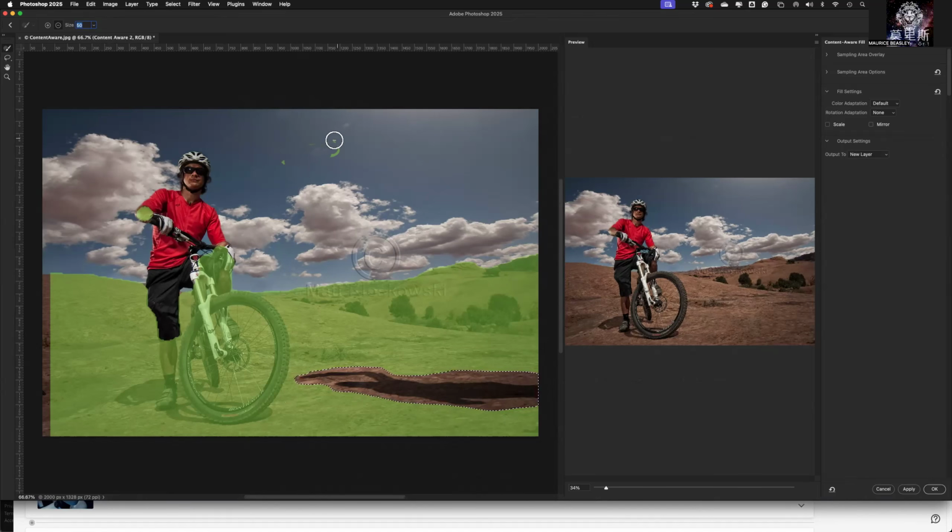So for me, I don't want the sky. I don't want the trees. I don't want the biker. I don't want any part of his bike to be a part of what gets patched into there. So the computer automatically figures this stuff out. But what you have the ability to do is paint things in and paint things out. So I can start to paint away